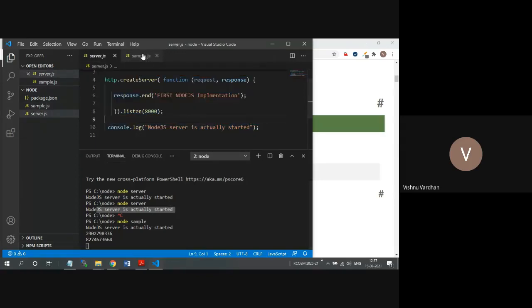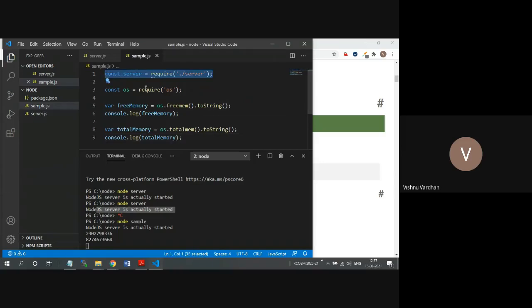Okay, and as we have given the server file into the sample, so parallelly the free memory is also printed, and later on the total memory is also getting printed. You can provide the implementation like free memory available.